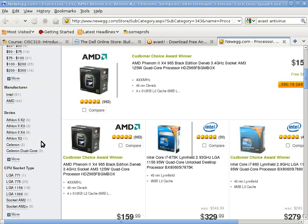Since we want a system that compares to the other one that we have seen, we want an LGA 1156, which is a fairly big family of processors. This is basically describing how many pins